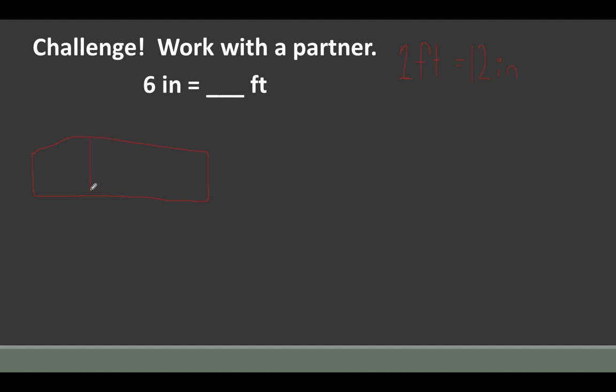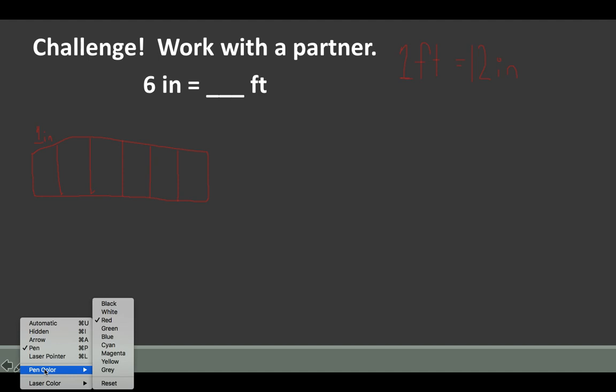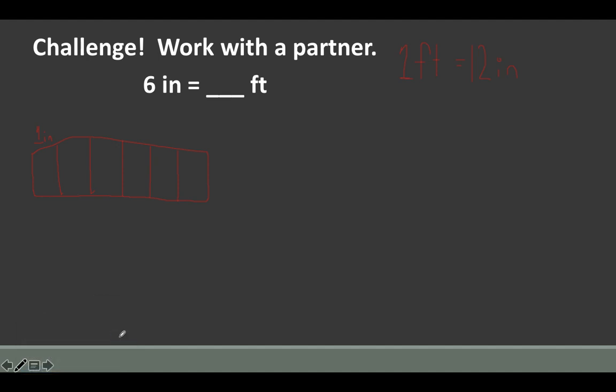So I have thirds and then 6. So this is 1 inch for this one box. Now, let me see. I'm going to change my pen color here because if I only have 6 inches, but I know that 12 goes in a foot, I'm going to extend my model